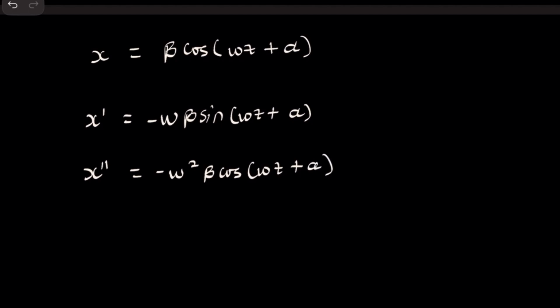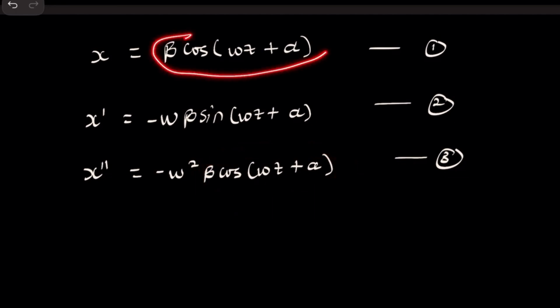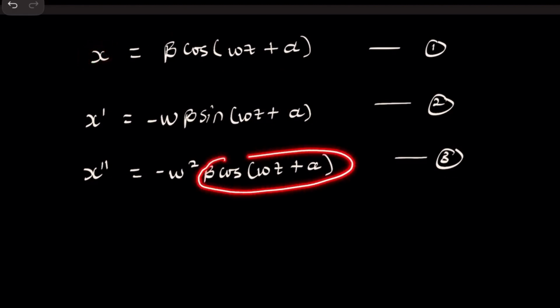So now we have to eliminate the constants from this system. So let's call this equation 1, equation 2, and equation 3. So from equation 3, we can see that we have beta cosine of omega t plus alpha, which is the same as equation 1, that's beta cosine of omega t plus alpha, and that's equal to x. So we can replace this with x. So equation 3 will be giving us